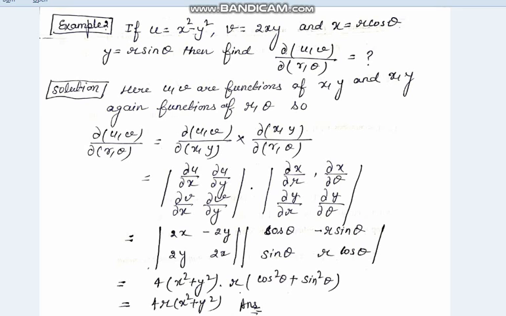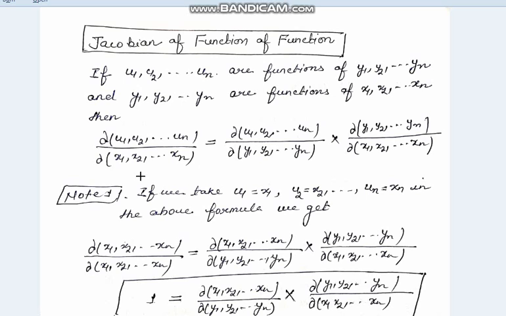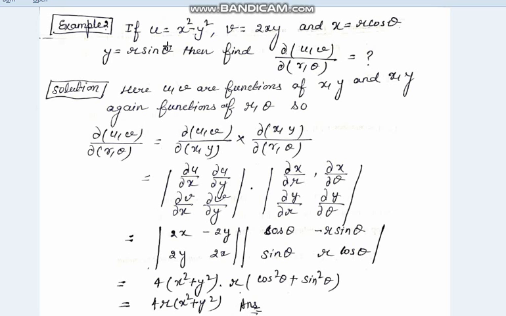So by the previous formula, because here u and v are functions of x and y, first of all we will find the Jacobian of uv with respect to xy, and because x and y are functions of r theta, now we will use the values of del u upon del x, del u upon del y, del v upon del x, and similarly del x upon del r, del x upon del theta in this formula, because this is the Jacobian of uv with respect to xy, and similarly this is the Jacobian of xy with respect to r theta.